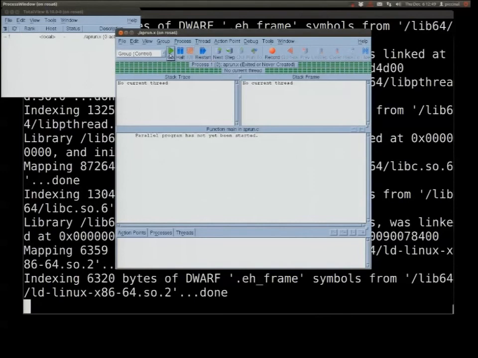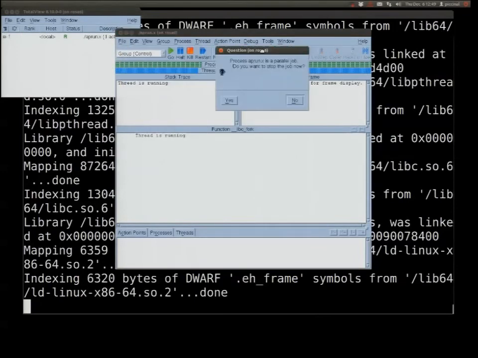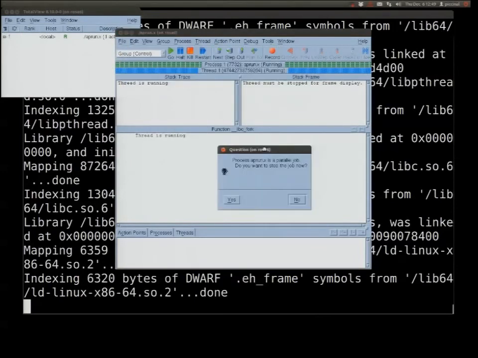So you have different buttons. You can start, and in that case, it gives you the choice between yes and no. So when you have a bug, your application crashes, and maybe it will generate a core file. That's a segmentation fault most of the time. In that case, you don't want to stop the job, because the job will crash, and the debugger will stop the execution just before the crash so you can see what's happening.